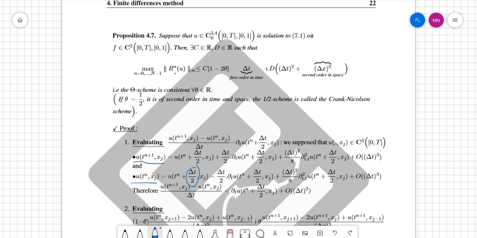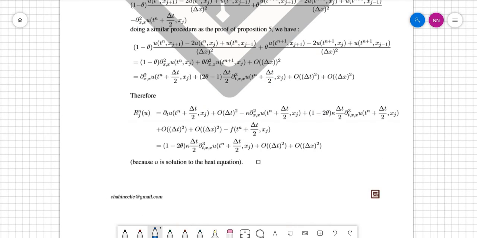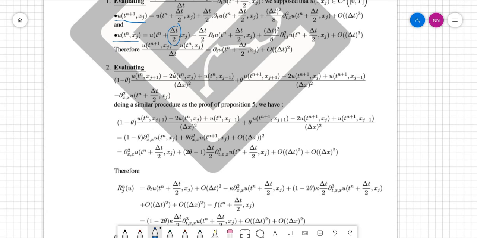We calculate both, we obtain the result. I'm going fast because I want you to do it yourselves. Again we calculate the Taylor expansion in the space variable. So in the space variable, it's in here. This is the expression that you want to approximate or to estimate. So we can create the Taylor expansion and you obtain